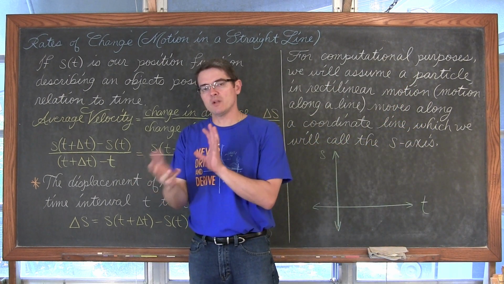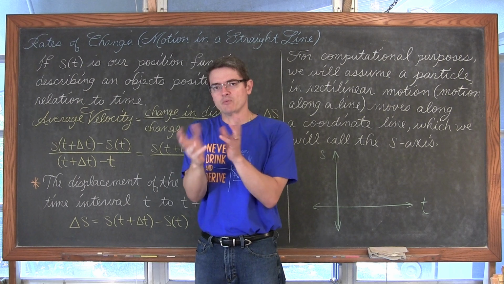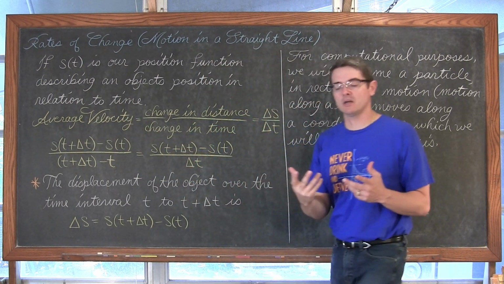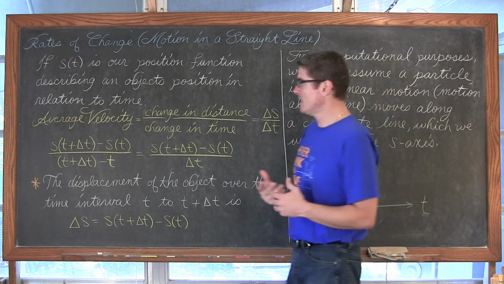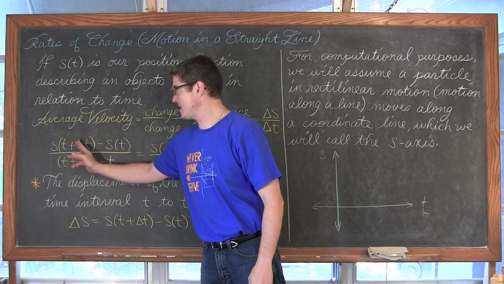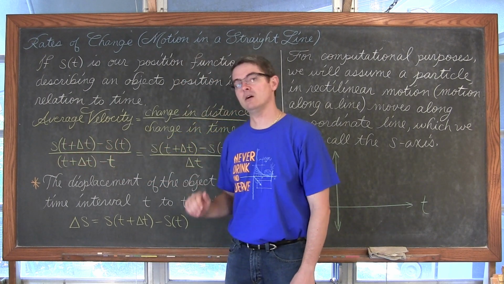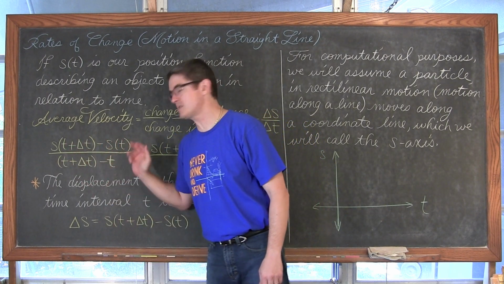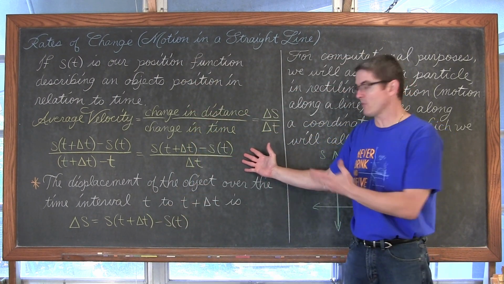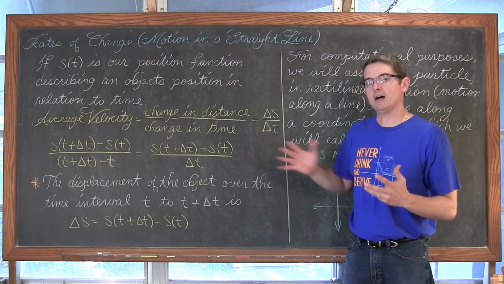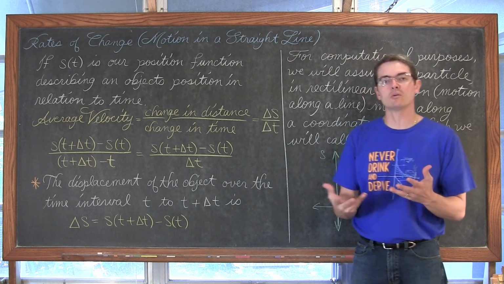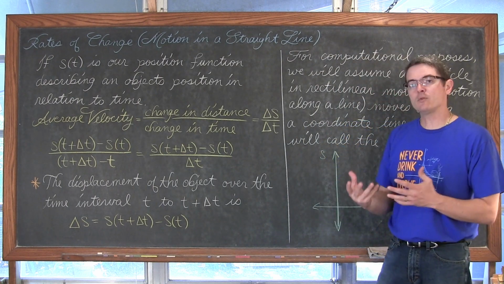If you want to see it, remember that average velocity, or average rate of change, that we talked about back in pre-calculus, was effectively the slope of a secant line. So we have s of t plus delta t minus s of t over t plus delta t minus t. And when you clean up the denominator, you get something that strongly reminds you of the difference quotient. It just has some different notations because we're talking about linear particle motion over a value of time.